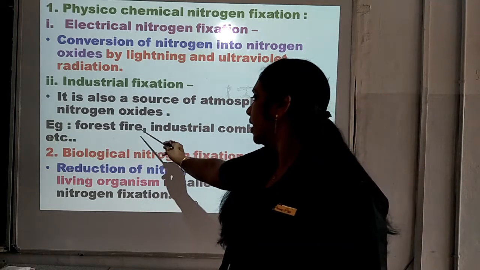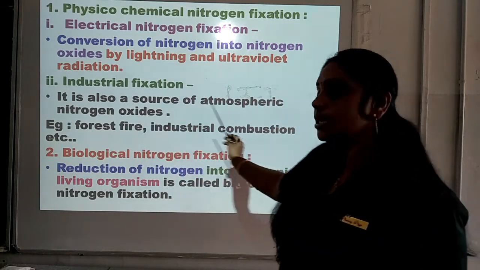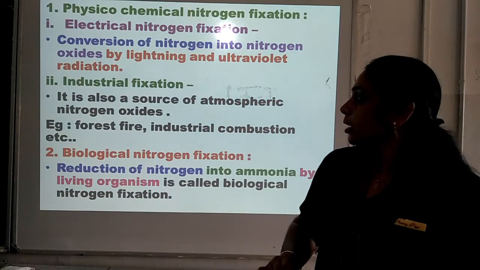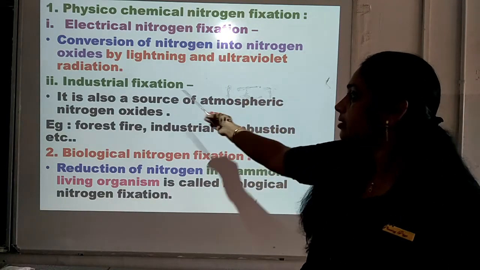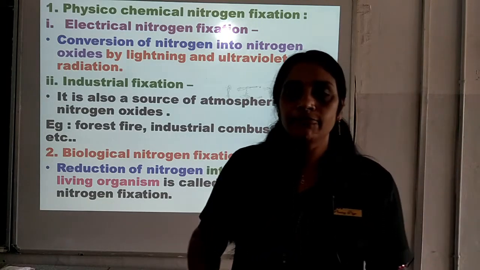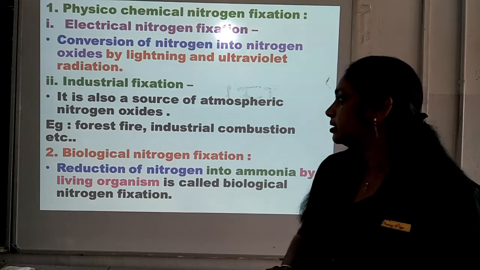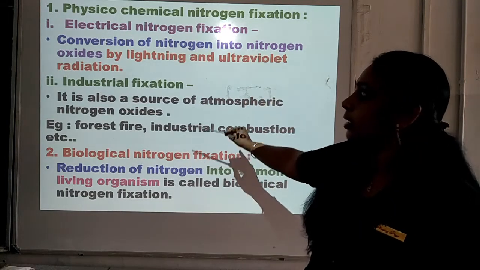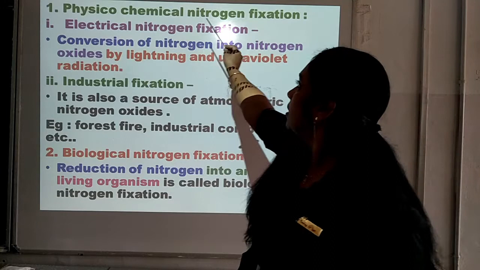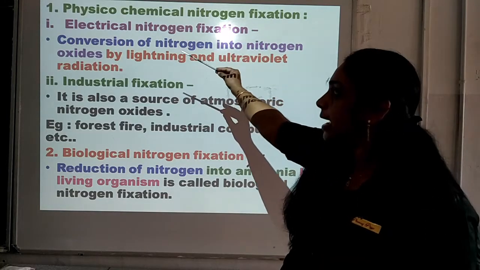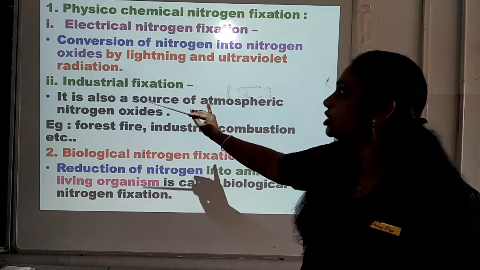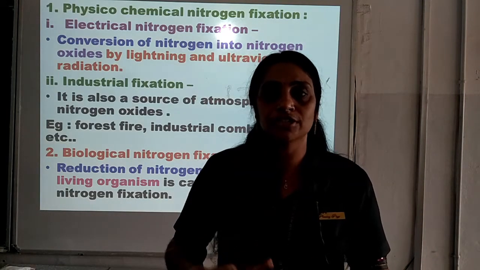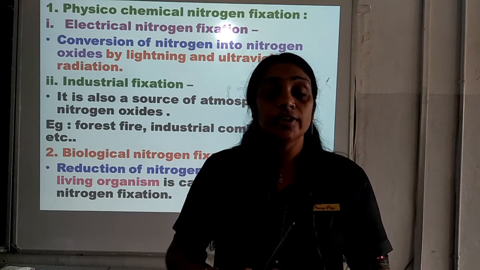Example, forest fire, industrial combustion, etc. Through forest fire and industrial combustion, atmospheric nitrogen is fixed in the form of nitrogen oxide. So, this is the first method, that is physico-chemical nitrogen fixation. In that, two methods are there through which the natural process takes place for the fixation of atmospheric nitrogen